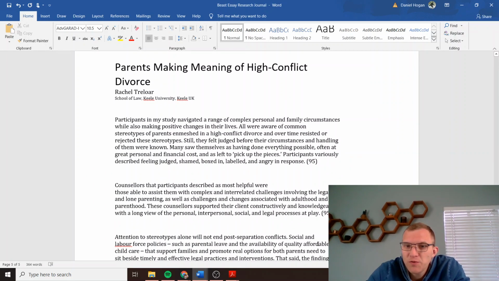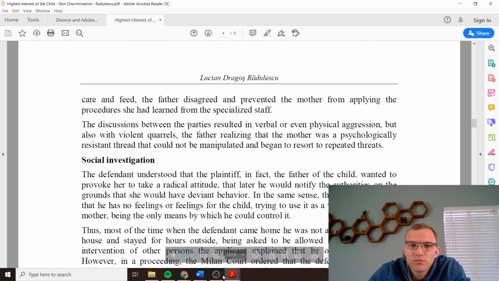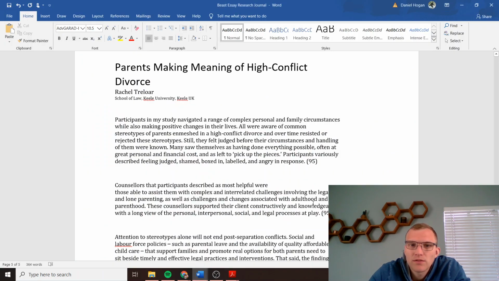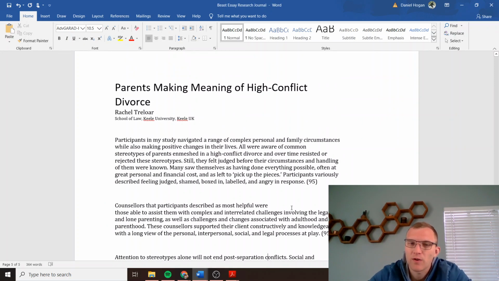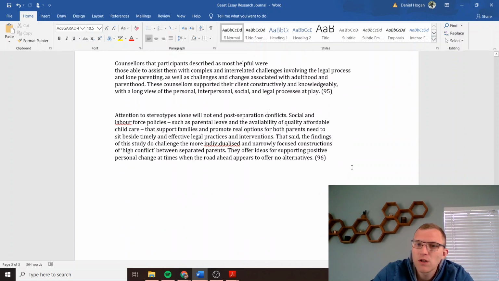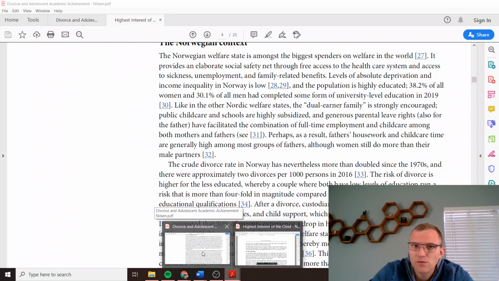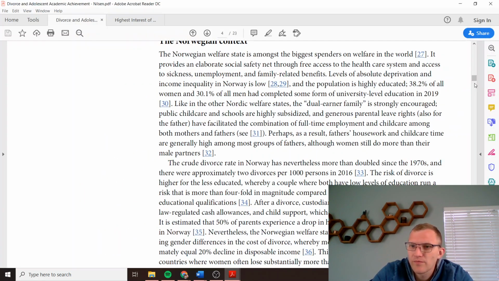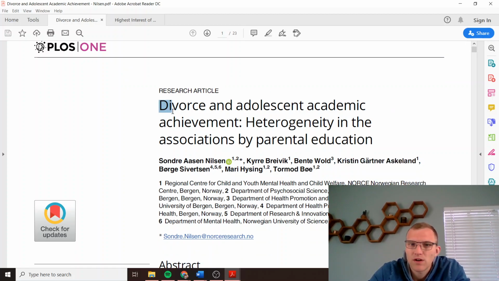Now, the good news here is I took this 14-page article. Boom. It's gone. And what I have here is 3 quotes that I think might be useful from that article. And now what I can do is move on to the next article. So we were talking about Norway. All right. So in this one, I'll grab